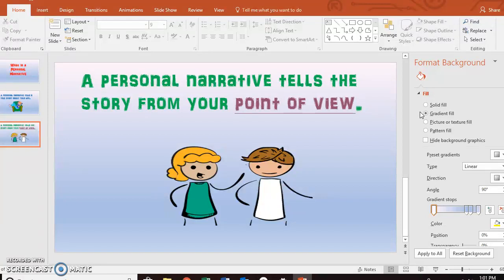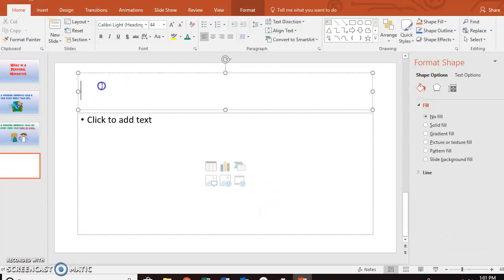All right, so far in my PowerPoint, I have told what it is about, and I have given 2 specific points about what a personal narrative is. Now we move into how do you write a personal narrative. So again, every slide I do, I'll be doing the same steps. New slide, title and content. Okay, the first step